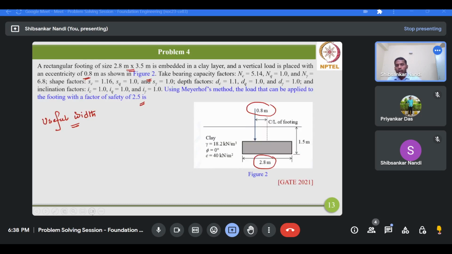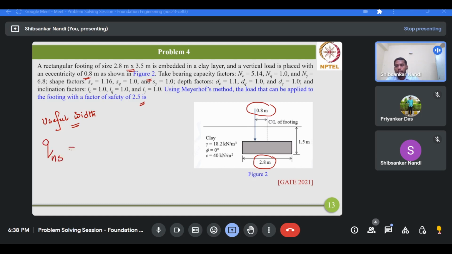However, for the given problem, these factors are directly given to you. Therefore, there is no additional task of considering this modified width and calculating the shape, depth and inclination factors. You can directly employ these factors from the problem statement itself. Now we'll see how to calculate the load that can be applied to the footing with a factor of safety of 2.5. So first we'll calculate the